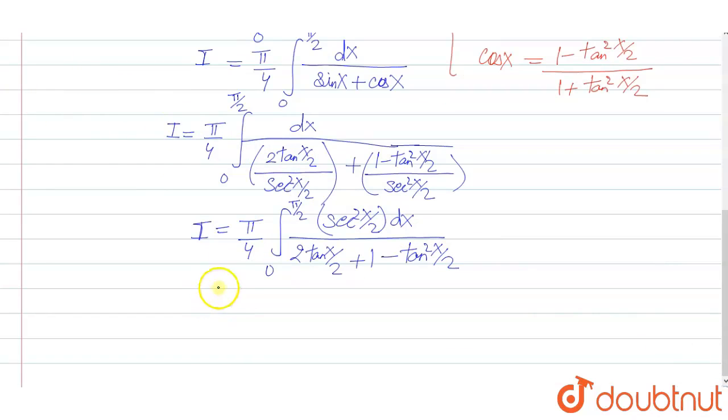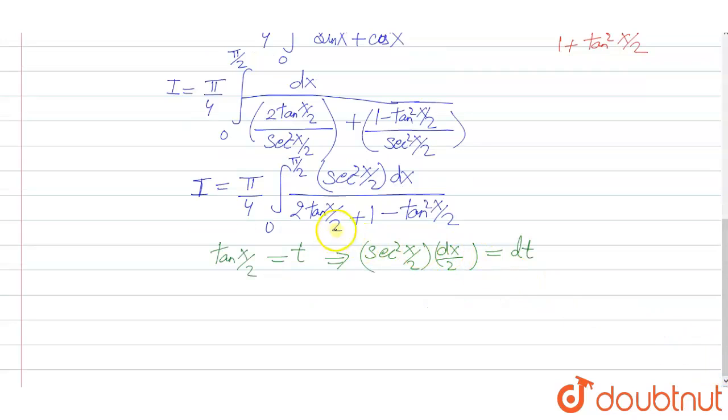So we will put tan x by 2 equal to t here. Why? Because when we differentiate this term with respect to x, we will get secant square x by 2 dx by 2 by chain rule equal to dt. Substituting the value like this in this integral, integral I becomes